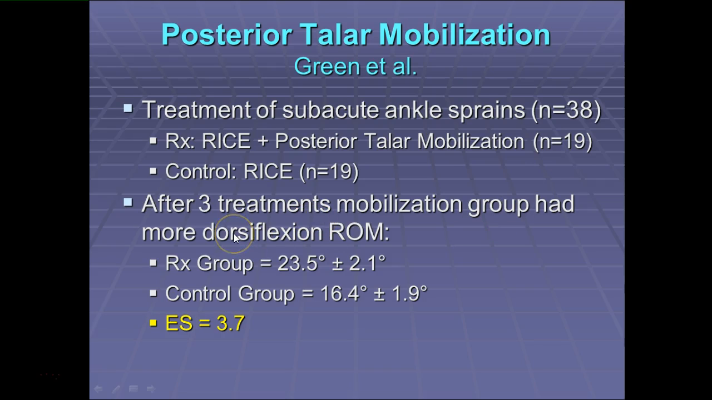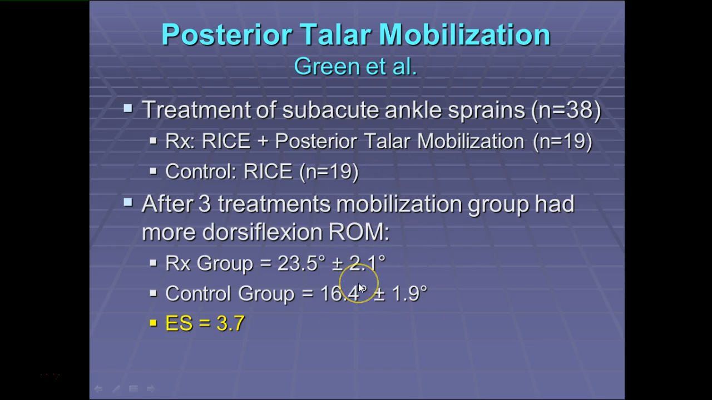So the treatment group had 3 treatments, and then the control group obviously had none as it related to joint mobilizations. And what they found after 3 treatments of joint mobilization is that the treatment group had 23.5 degrees of dorsiflexion range of motion, and then the control group had 16.5 degrees, right? And so that's powerful. There's at least a 7-degree difference in dorsiflexion range of motion,